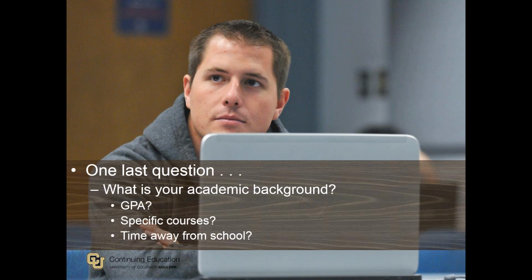That also can include some specific courses that you may need in order to gain admission into certain programs. We can help you identify which specific courses you would need to take or might need to take. And we work very closely with the undergraduate admissions office, and we can also put you in contact with graduate program coordinators and assistants throughout the university, so that we can get the answers to these questions and find out which courses might be a good fit for you.